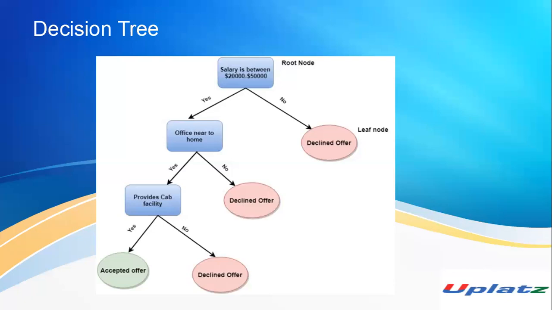So when you get a new job offer, you will consider all these points. You will consider the salary. If the salary is good, you will consider the distance from your home. Okay, if it is near to your home, you will see the transportation facility. So if all these are good, you will accept the offer like this. Okay,